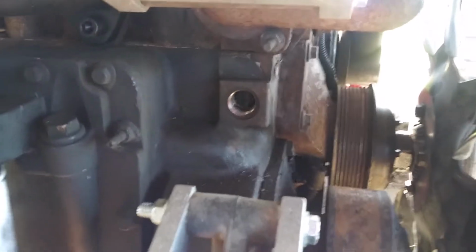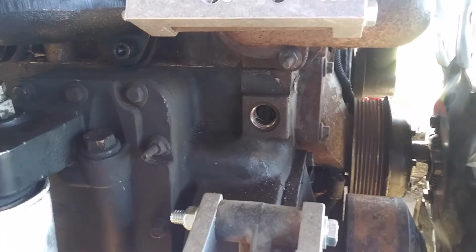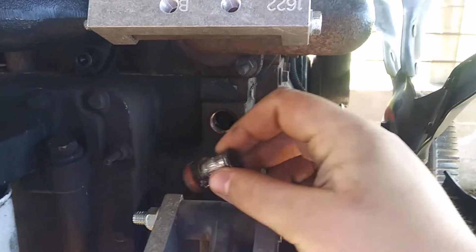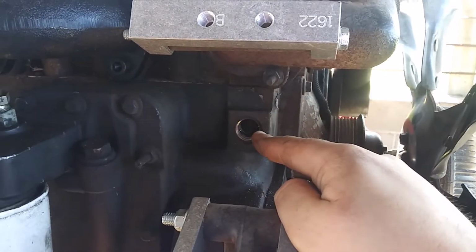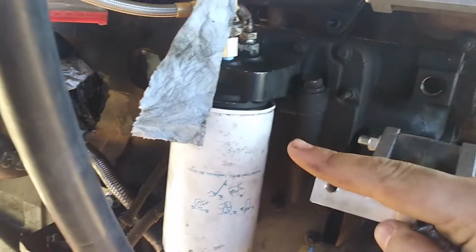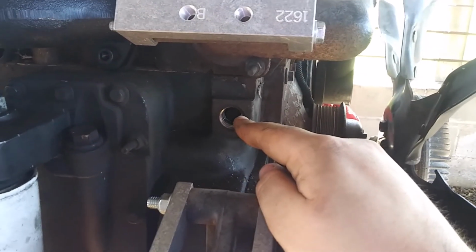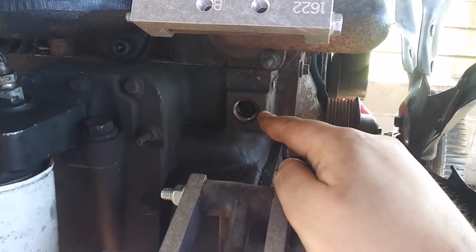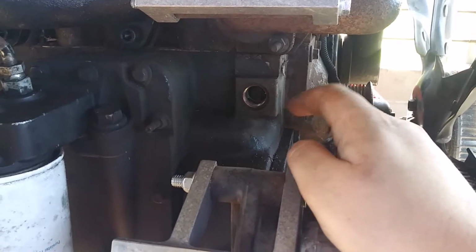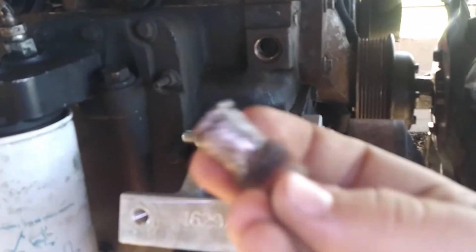Okay, I'm gonna tell y'all something that might help you, might not. This was just my situation. You see this? And this port right here? Well, this port was the feed line for a heat exchanger for the transmission, the Dodge transmission. And DCS wants me to put a temperature port right there. So I needed to get this little beastie out. This thing